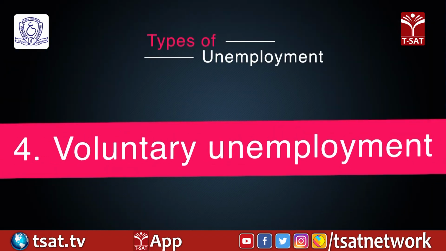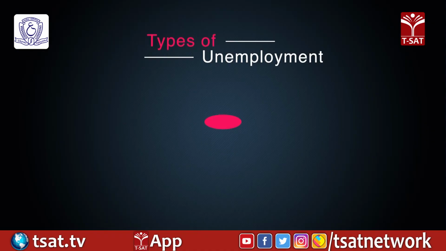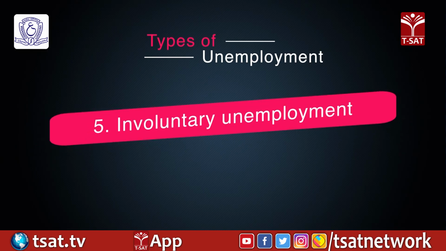The other major type is voluntary unemployment. Voluntary unemployment happens when a worker decides to leave a job because it is no longer financially compelling. An example is a worker whose take-home pay is less than his or her cost of living. The other major type is involuntary unemployment. In this type of situation, the person who is unemployed has no say in the matter. It means that a person is separated from remunerative work and devoid of wages, although he is capable of earning his wages and is also anxious to earn them.